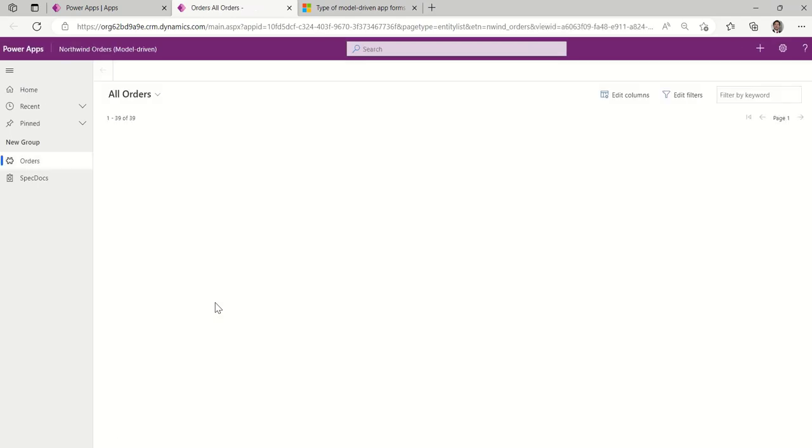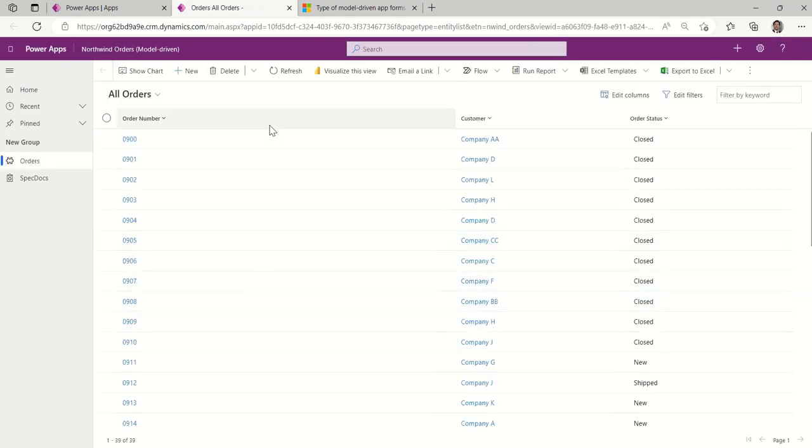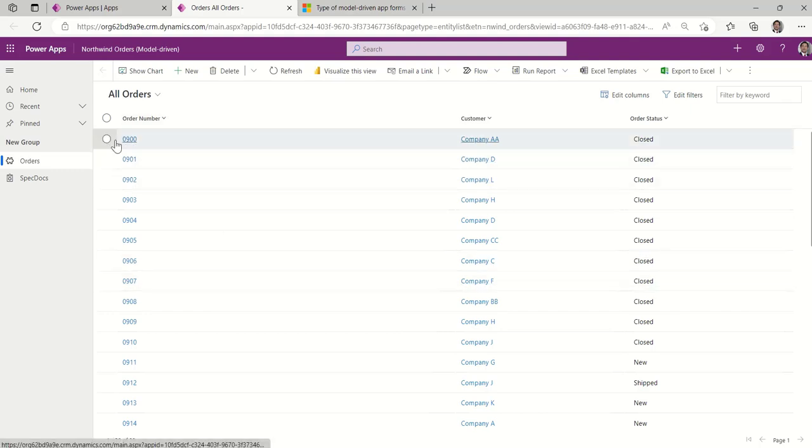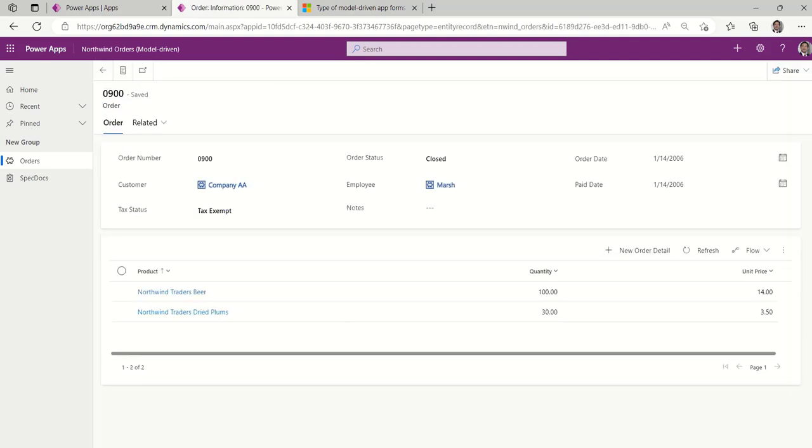All right, so I'm going to open up Northwind orders, model-driven. And when I say out-of-the-box forms, out-of-the-box views, I'm mostly talking about model-driven for Dataverse. It's built in, right? So it's more of a configuration than a creation type thing. We've already talked about views, but I'm going to open up one of these orders